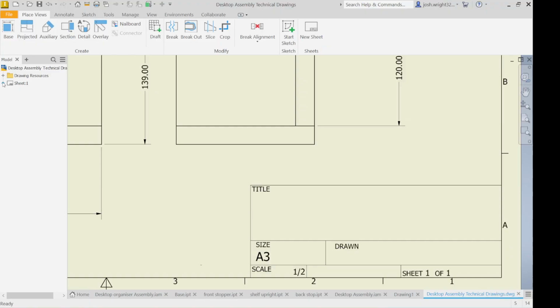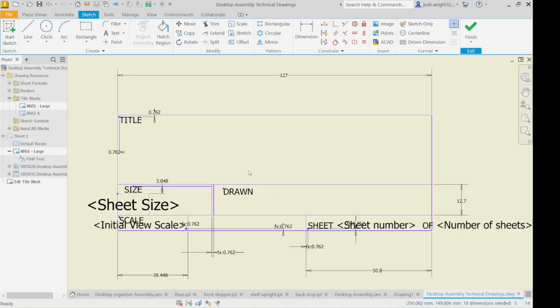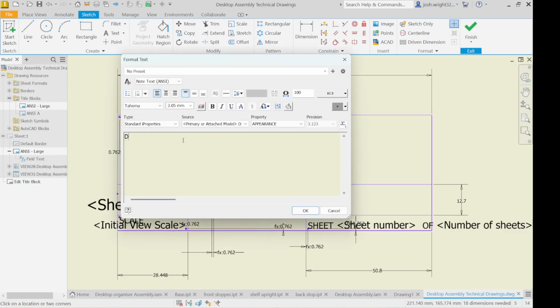So what we can do over here on the left hand side, open up our sheet, and then where it says ANSI, we're going to right click that one and go edit definition. Inside of this is just that box section. This is where we can edit how big our sheet is, that sort of stuff as well. So again, we can just add in a text box,